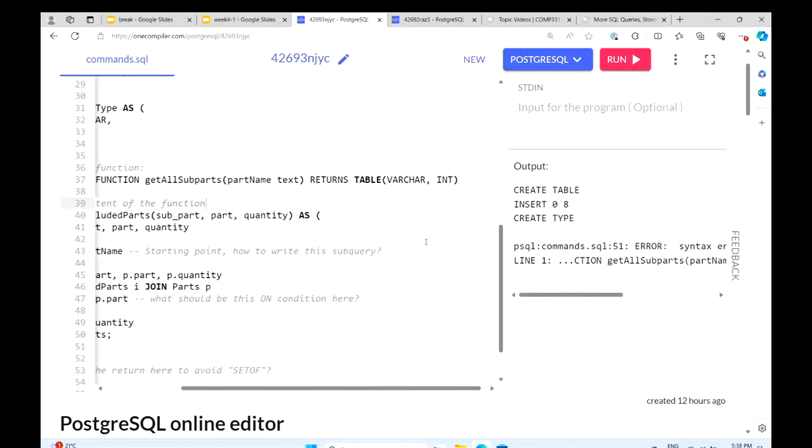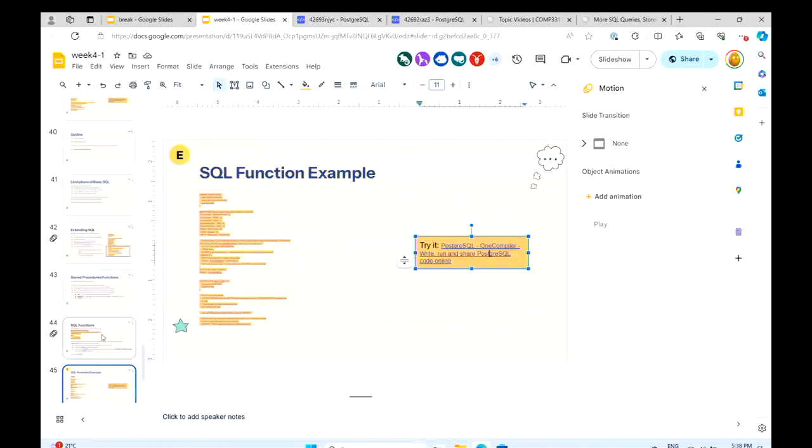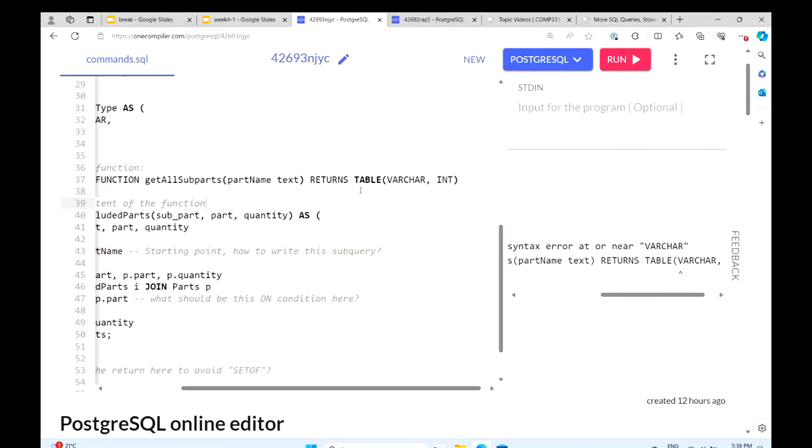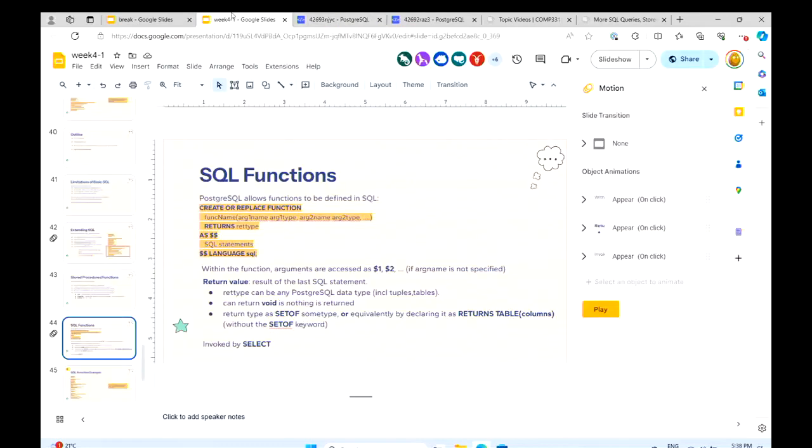Sorry, there's a syntax error near varchar returns. Let me double check. I don't think there's anything wrong. Wait.